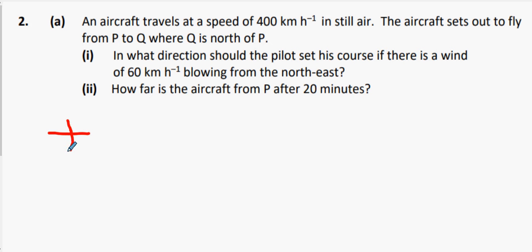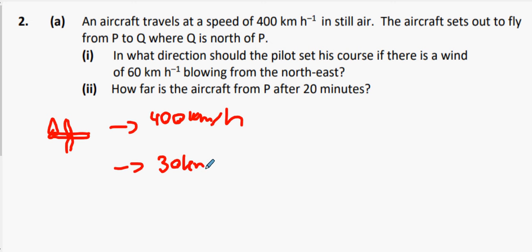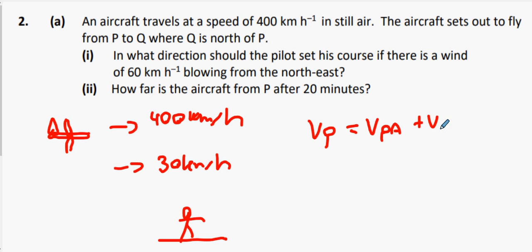This is your aeroplane, a really badly drawn aeroplane, right? Imagine the airplane can go 400 kilometers an hour in still air, right? And the velocity of the air itself is, let's say for argument's sake, a 30 kilometer an hour wind. Okay? So the actual velocity of the plane to somebody who's stationary on the ground, and is unaffected by the wind because they're on the ground, right, they're not moving, is the velocity of the plane in still air plus the velocity of the air,